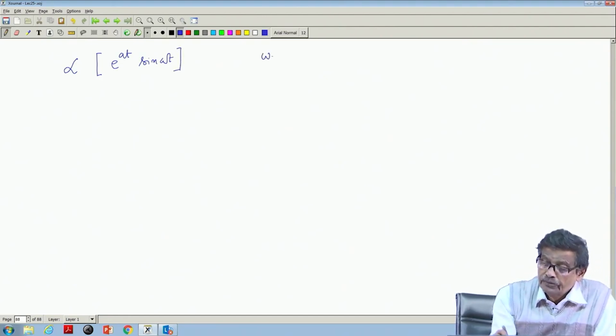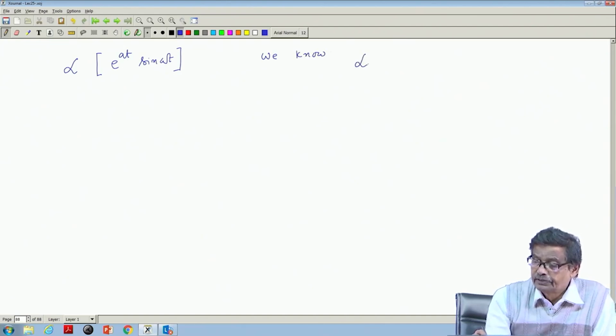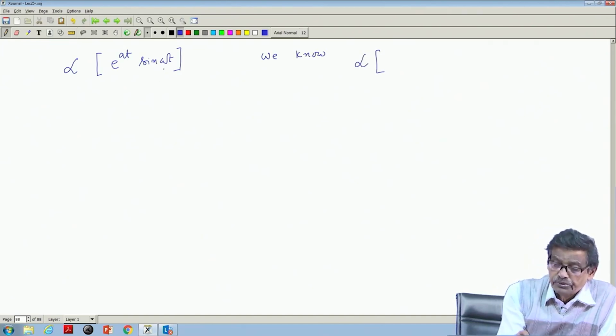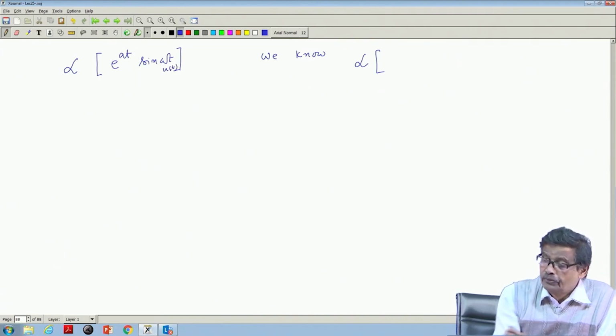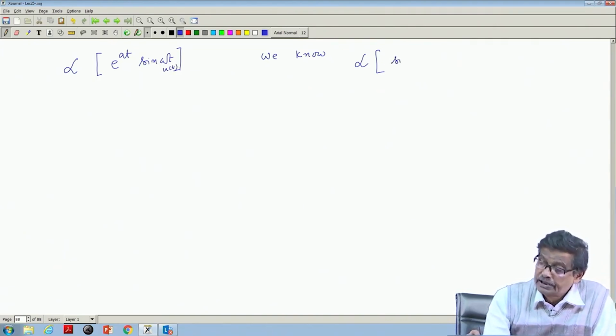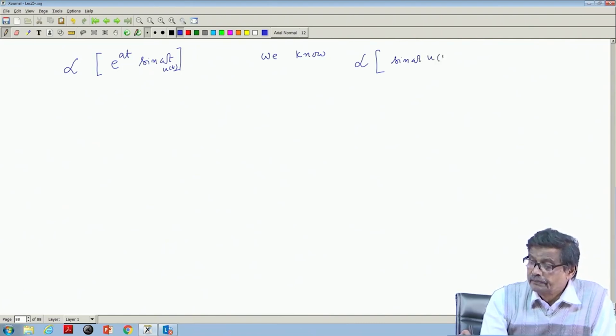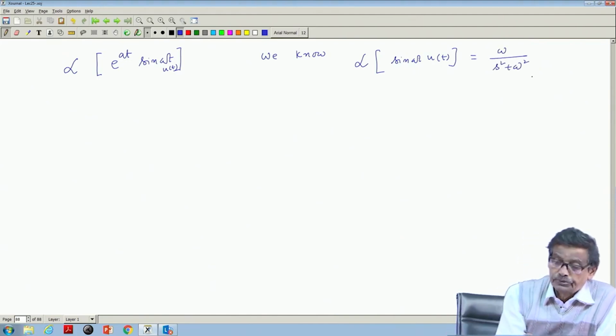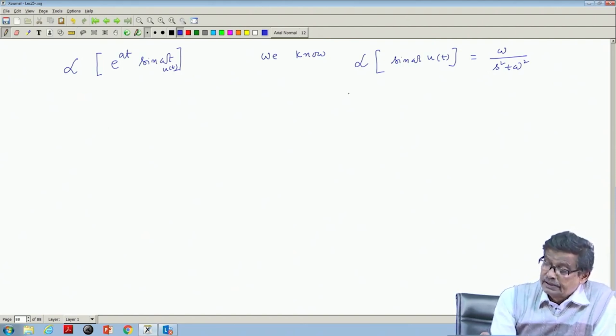We know the Laplace transform of sin omega t into u t is equal to omega by s square plus omega square. If this is true, then